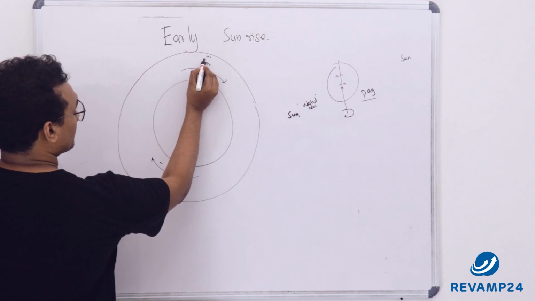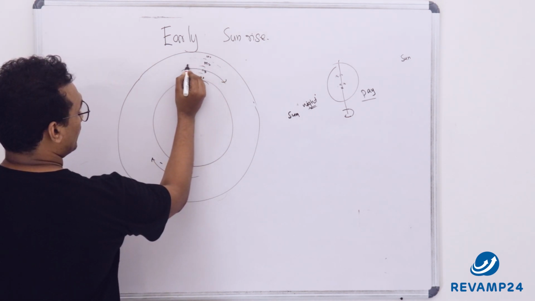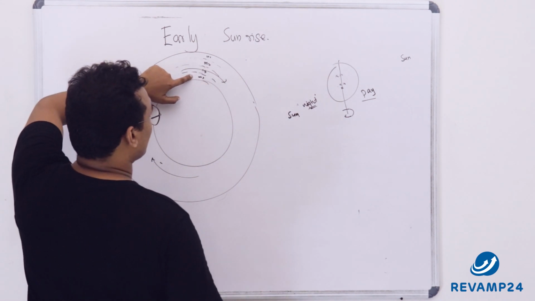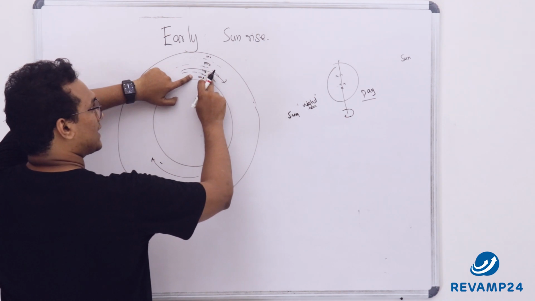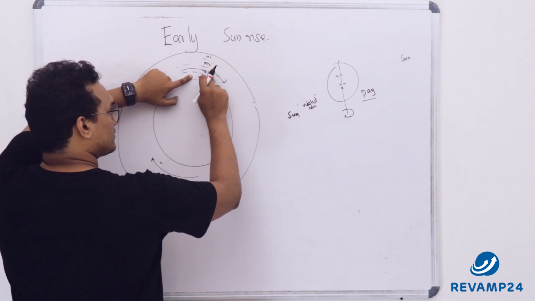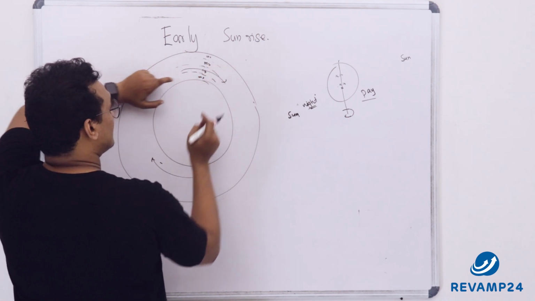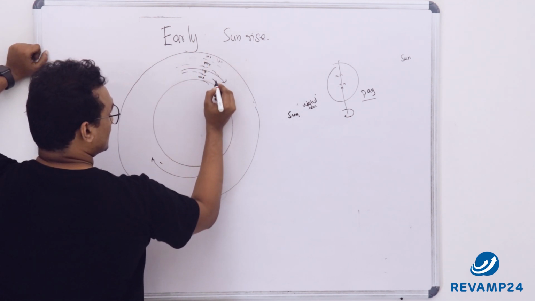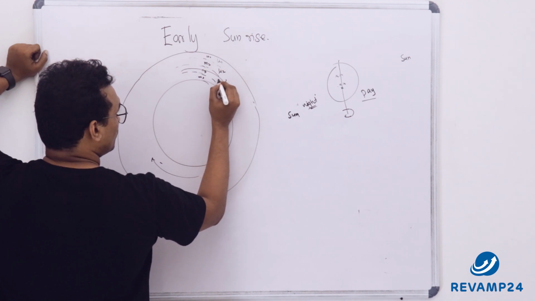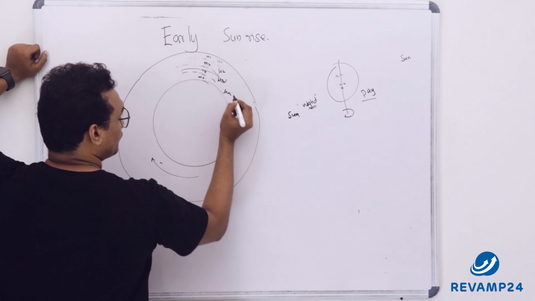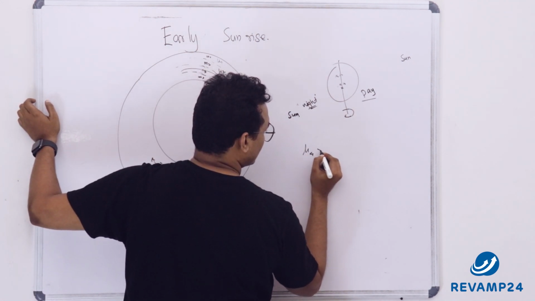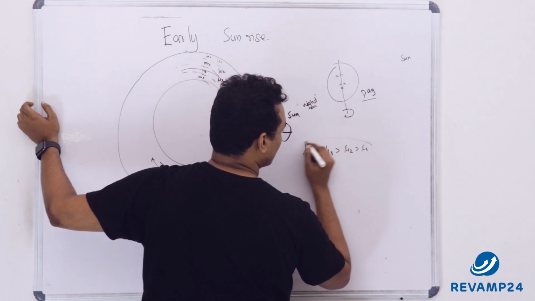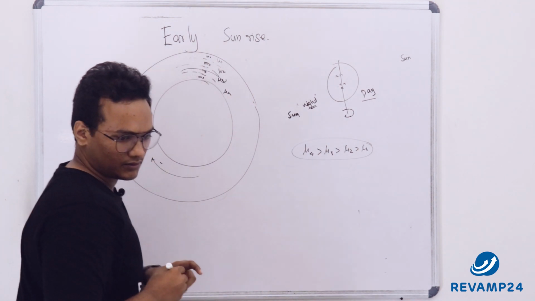Okay, I would repeat it. This is layer 1, next layer, next layer, next layer. Each is having a higher refractive index compared to the previous one. So if this has a refractive index of mu1, this one mu2, this one mu3, and this one mu4, simply I can say mu4 is greater than mu3, is greater than mu2, is greater than mu1. This is how the order is.